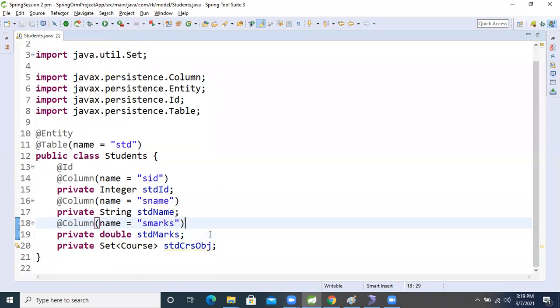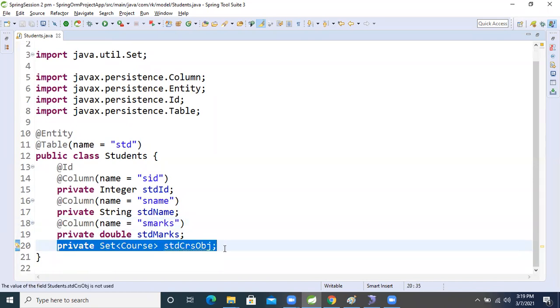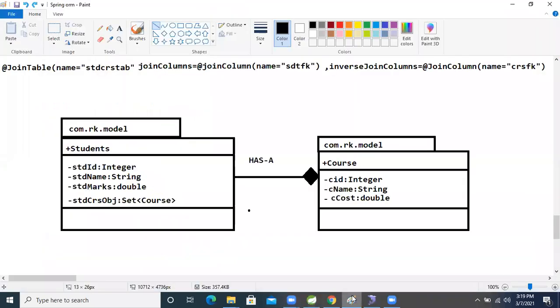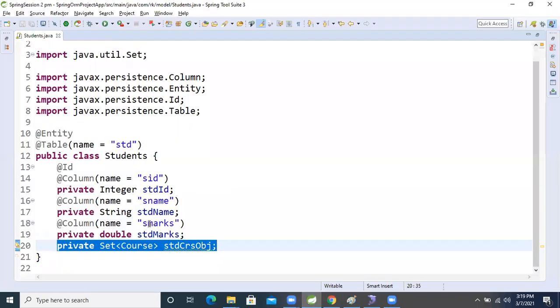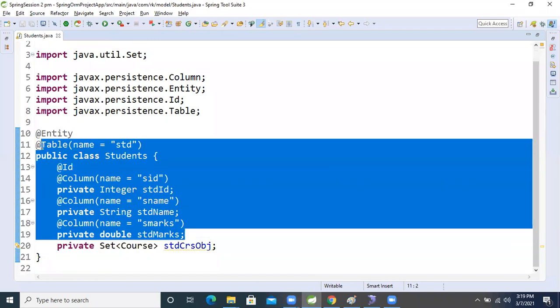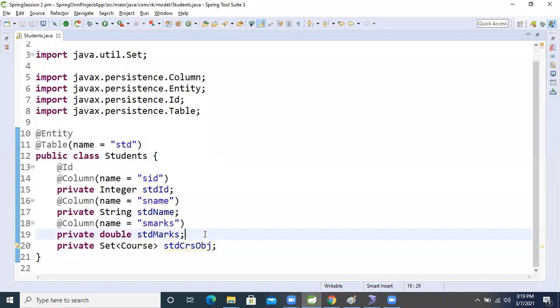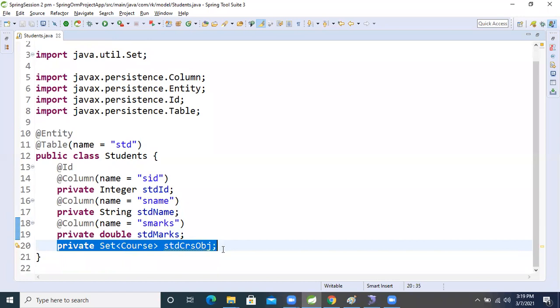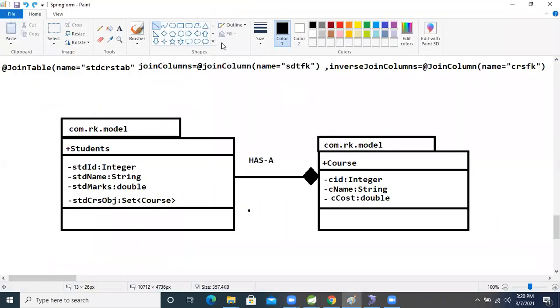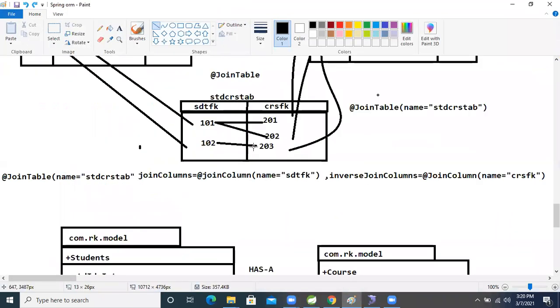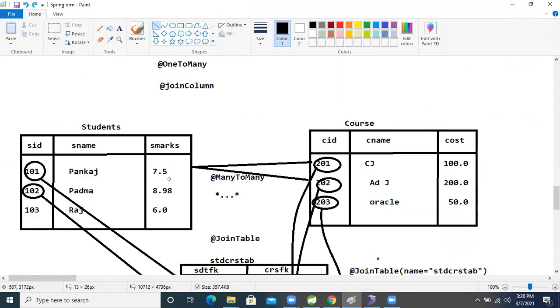But here, in this attribute, I need to perform a many to many operation. Till now, whatever we understood and completed in the previous relations, the story is different here.